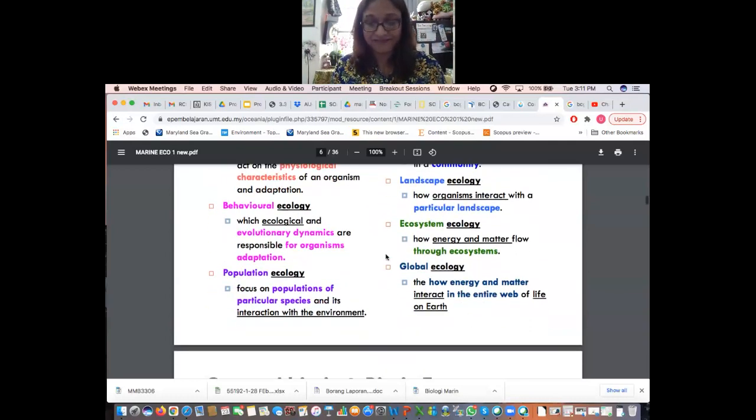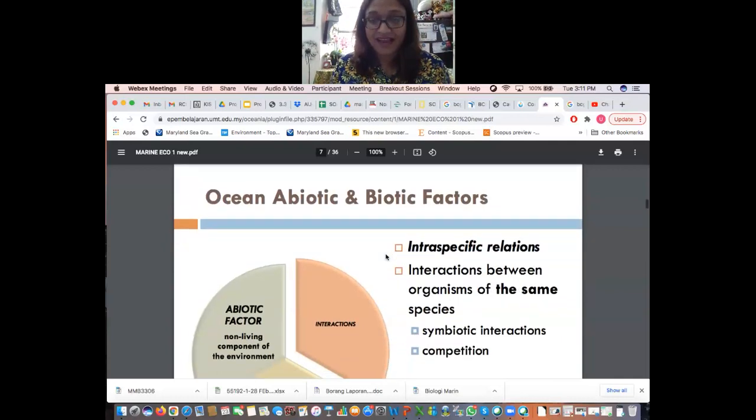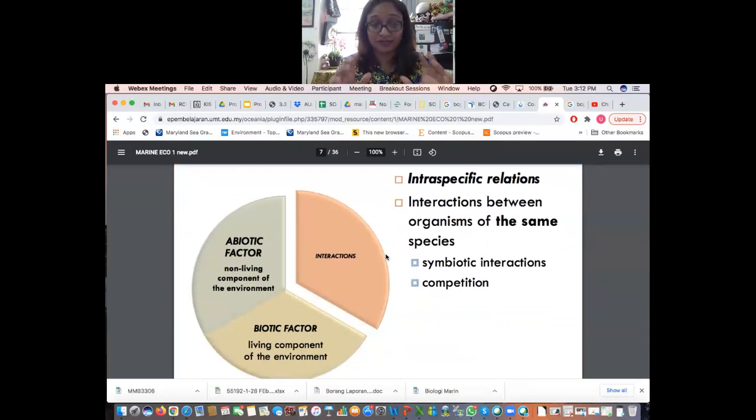Cool? All right. Now, again, remember how I mentioned that ecology looks at the relationship of the living aspect and the non-living aspect. So thence, I've broken it down into this pie chart. So you have the abiotic factors, self-explanatory, non-living component. Biotic is the living component. But let's look into the types of interactions that we're looking at here. So first, you have intraspecific relationships. So this looks into same species